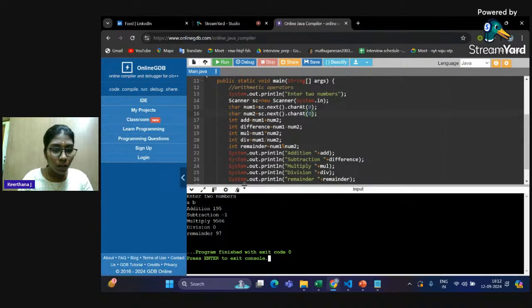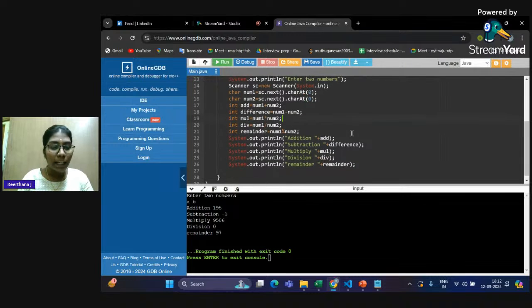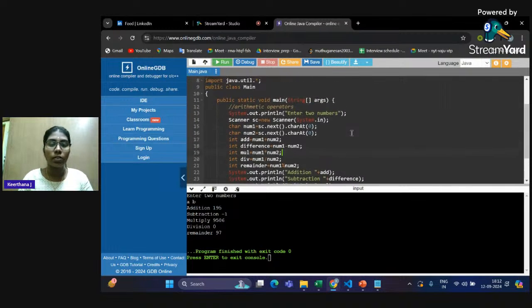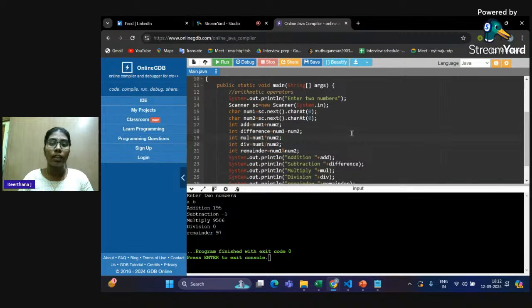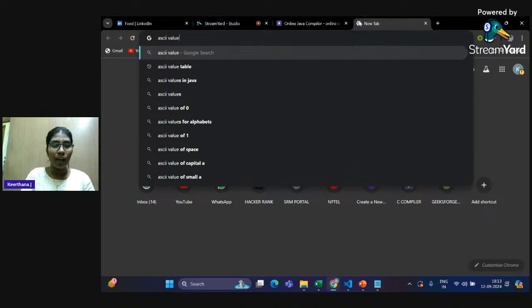Yes, you are correct. We can apply it on numeric data types as well as on character, but we cannot apply it on string. Whenever we are using character, we'll be dealing with the ASCII values. For people who don't know what ASCII values are, it is a predefined chart where each and every character we use in our code carries a different value. For example, when I give the ASCII values chart,